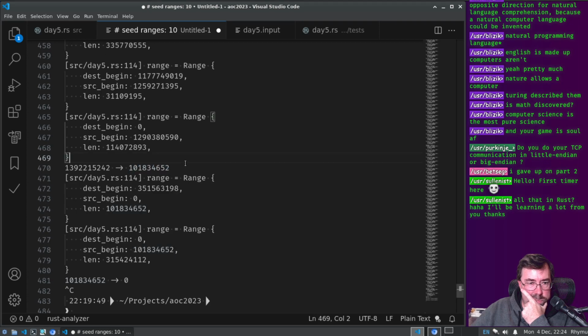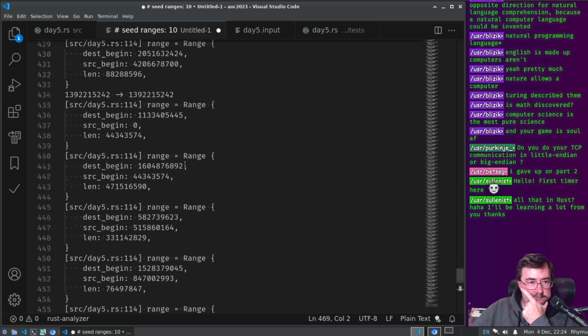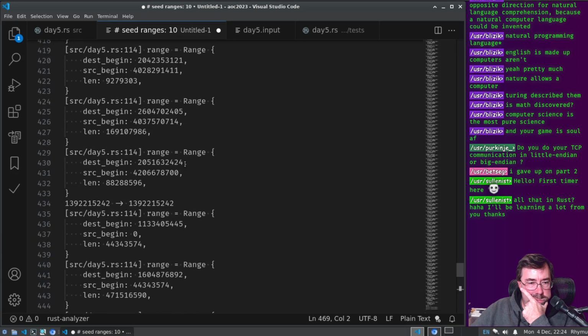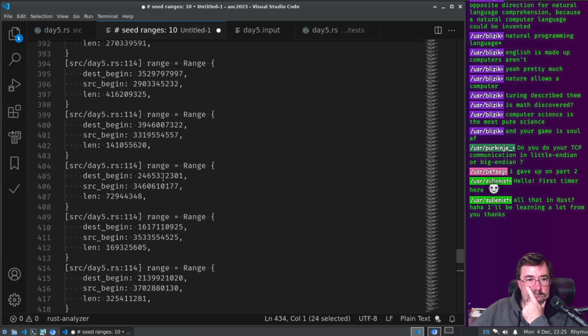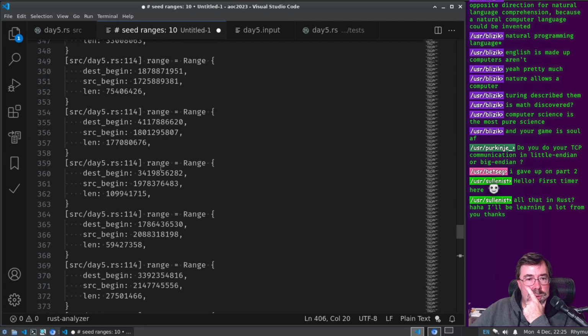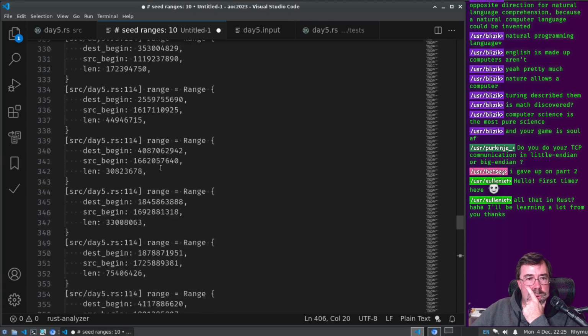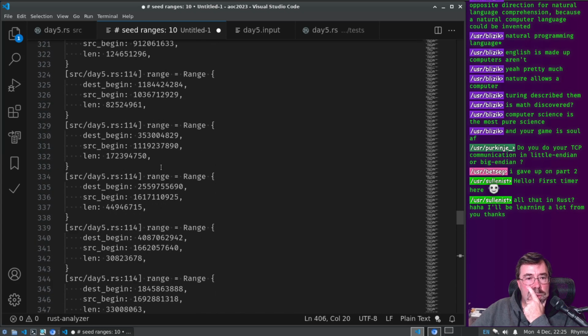Okay. This fell through because it didn't hit any range. 1.3 billion. Oh, yeah.